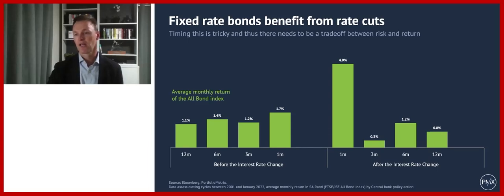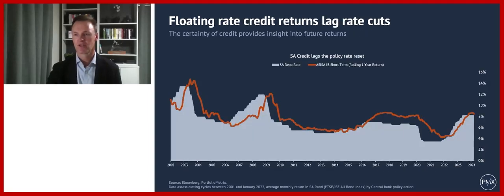And this is showing how much returns you tend to get if you buy bonds going into a rate cutting cycle. And you can see that you pick up about 1% a month. And basically, it's important to understand you need to buy and fix your interest rates ahead of interest rate cuts. By the time the interest rates come, it's too late because it gets factored into the market very quickly.